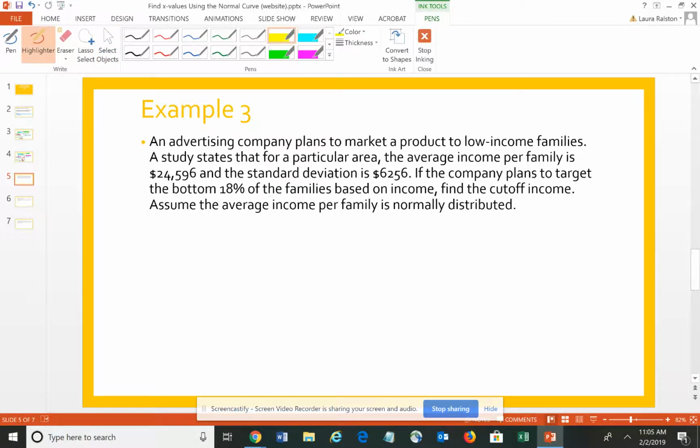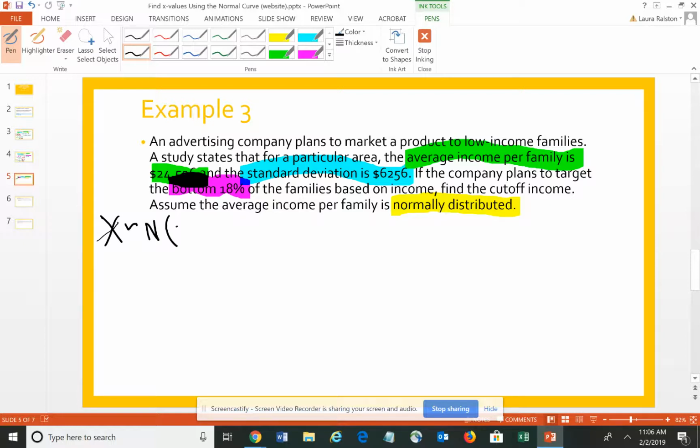So again, notice they tell us that the average income, our variable, is normally distributed. They told us that the average income per family is $24,596 and the standard deviation is 62.56, and that the company is going to target its advertising to the bottom 18%. So here's what we know. Our variable X is approximately normal with a mean of 24,596 and a standard deviation of 62.56. We're looking for the cutoff score, so we want the probability that X is less than some particular number, and that's the bottom